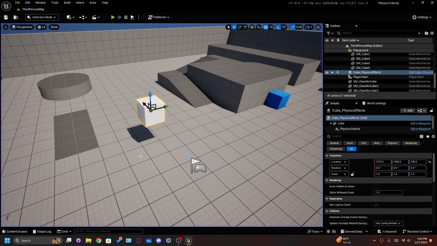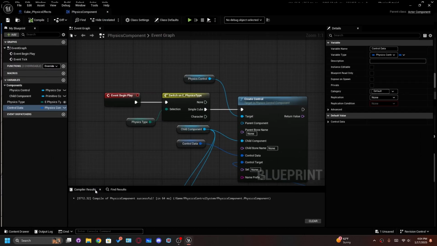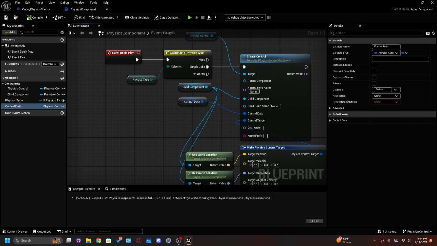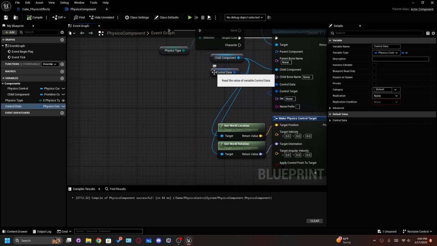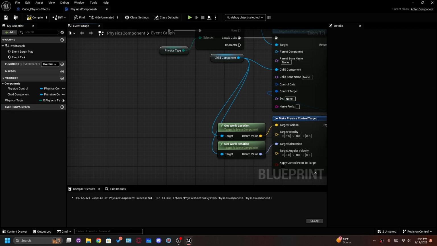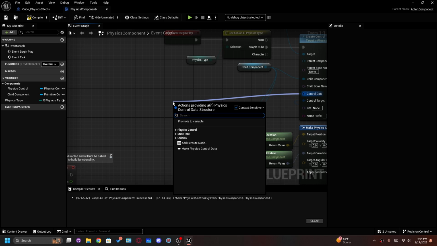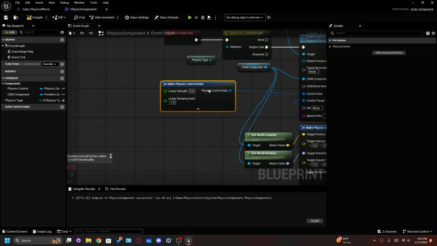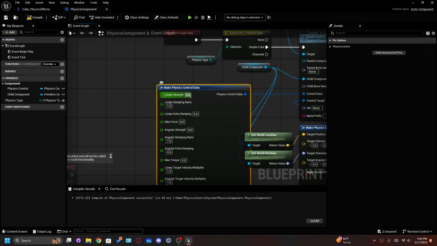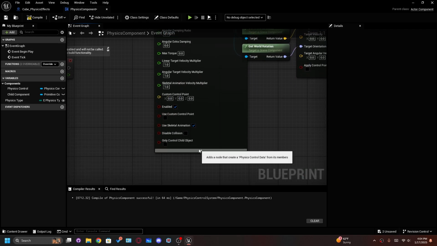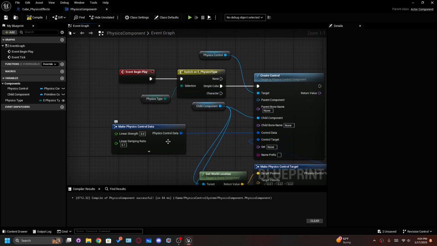So I tried to keep that in the physics component, but we don't really need control data right now, so we're going to delete this, also delete this, drag this out and make it, because we are going to have a lot of nodes just for our character, so it needs to be organized much better for now. After doing this, making sure it's connected,